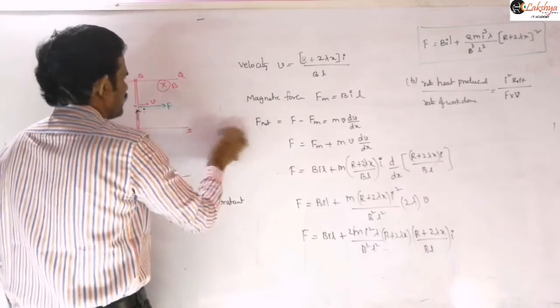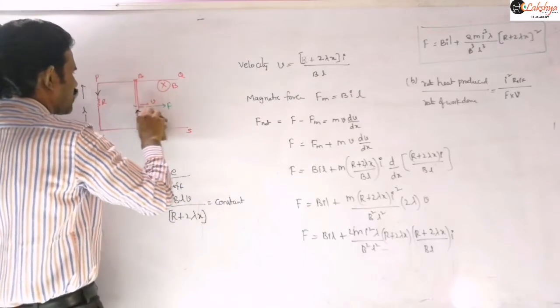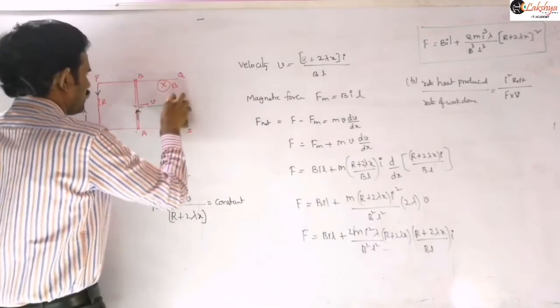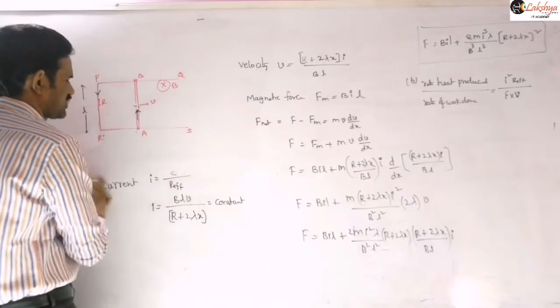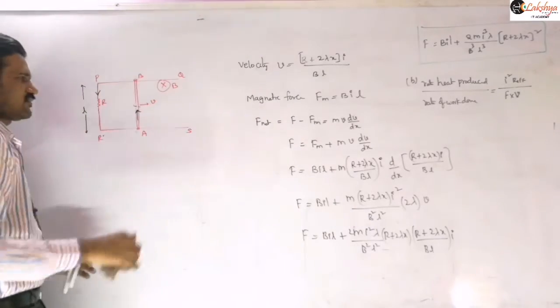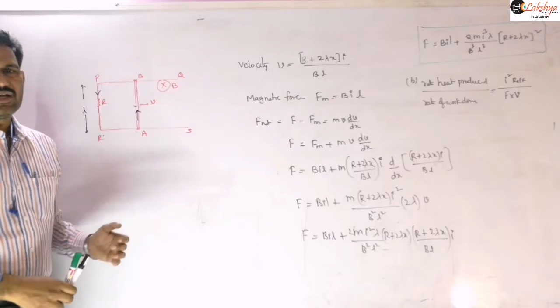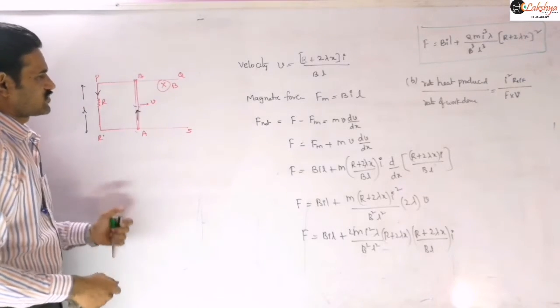And so next, let us write this. Suppose a constant force is applied here, or the velocity of the rod is constant. Suppose the rod is projected with some velocity V0. Then we need to find velocity as a function of time, and what is the total heat produced in this rod, those questions.